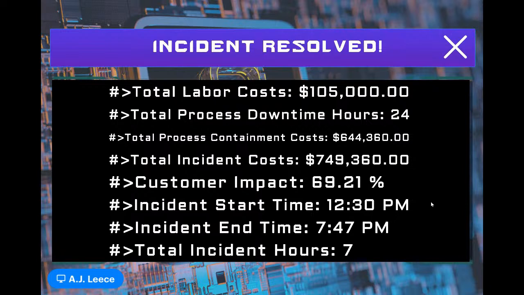When we cover process containment costs, analyzing this is, again, just what is that process worth to the business? How long has it been unavailable? And what did we actually lose in the process? The other consideration is we couldn't accept revenue. Our core revenue driver, selling Glue online, was down.